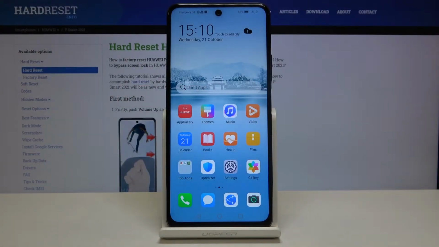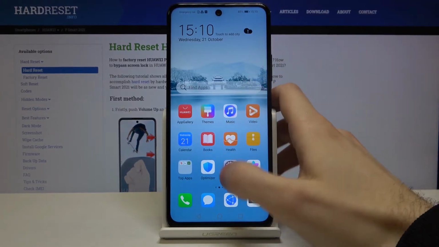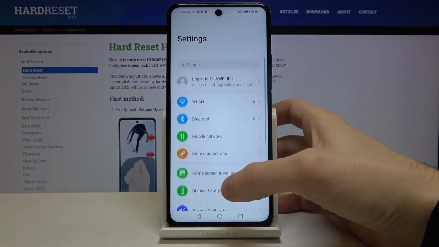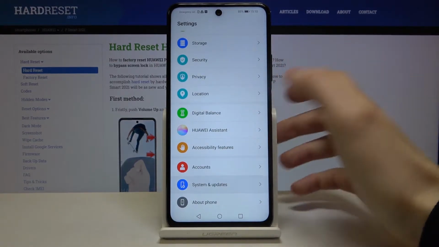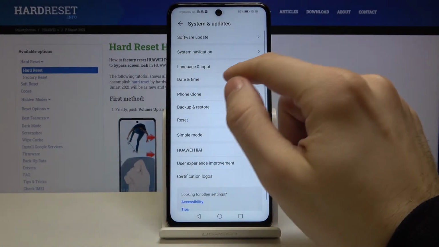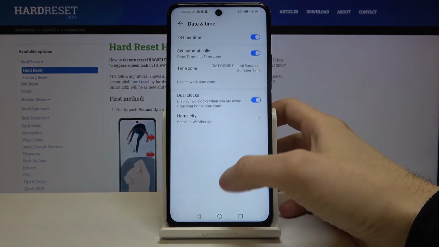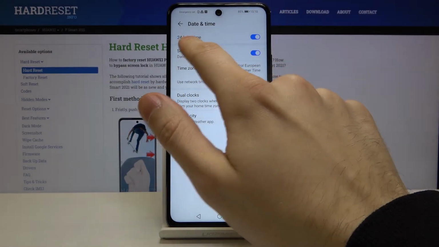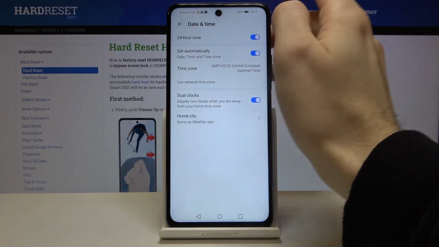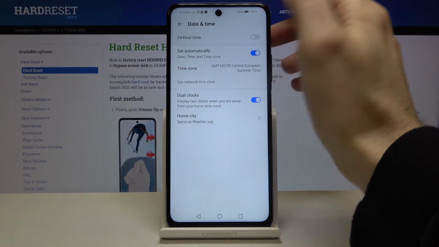Here I have HUAWEI P Smart 2021, and today I'm going to show you how to change date and time settings on this device. So first of all, open settings, scroll down to bottom, go to the system and update section, date and time. So firstly, you can change your time format from 24-hour to 12-hour,